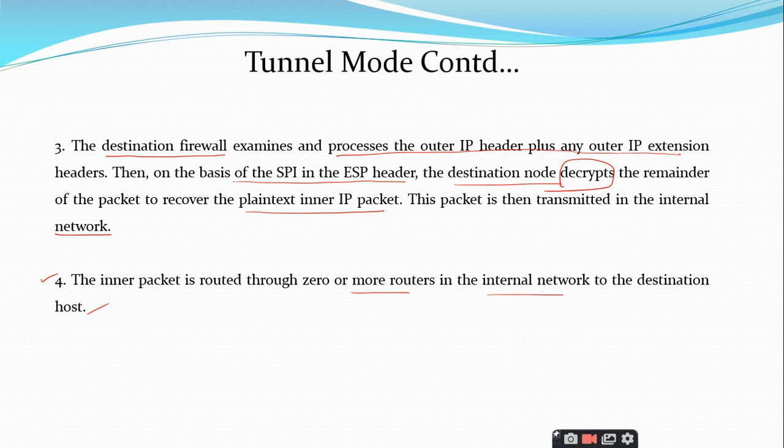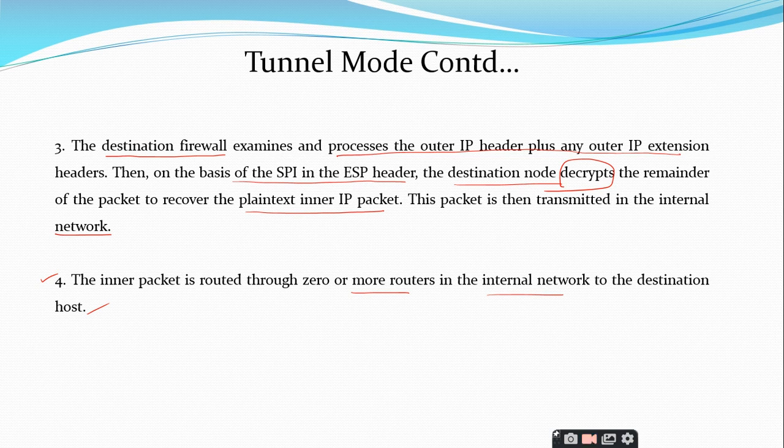The differences between the transport mode and tunnel mode are very, very important, and you should understand the basic concept that lies in the transport mode and the tunnel mode. Transport mode means it is going to secure the TCP segment only, the transport segment, which is nothing but the TCP header and data. But tunnel mode is going to secure the entire IP packet, which means it is going to secure the IP header plus TCP header plus data. And transport mode is less secure, tunnel mode is more secure.